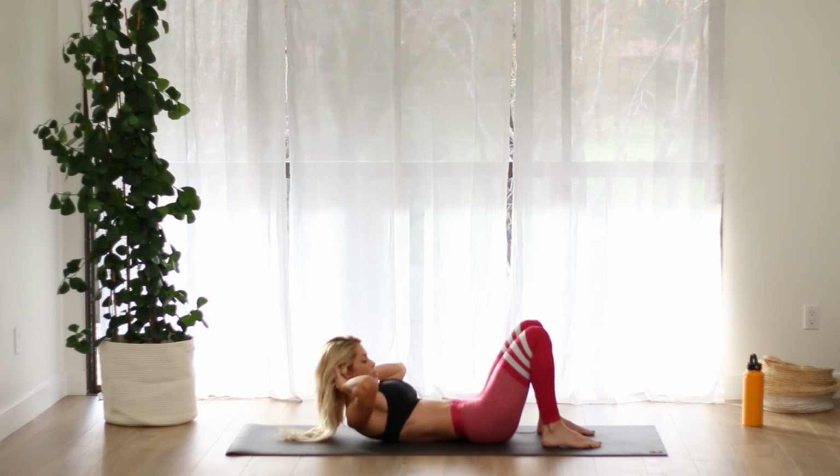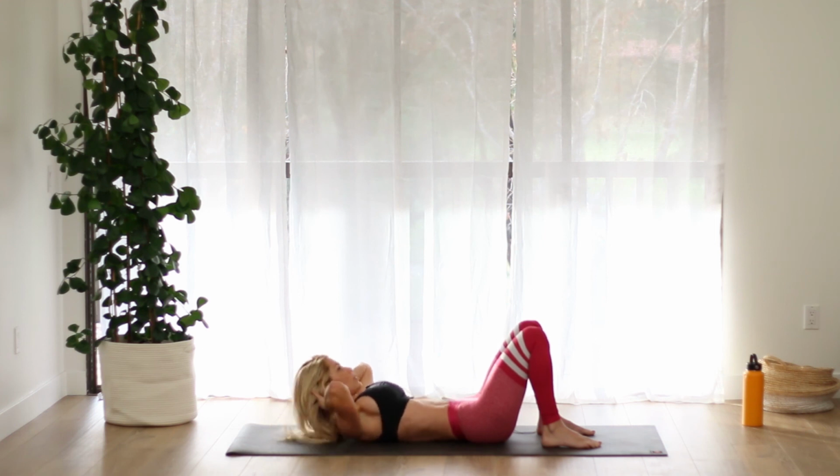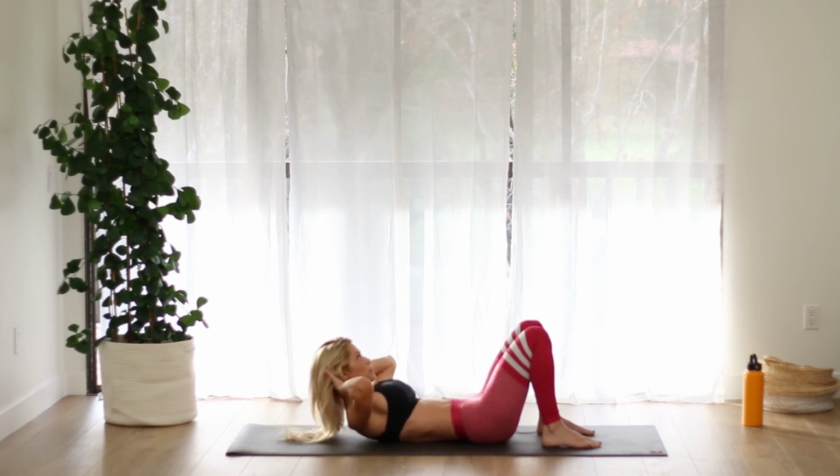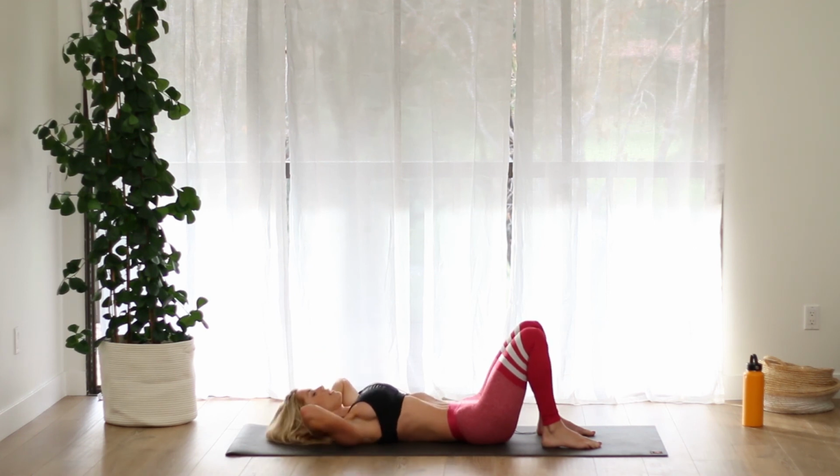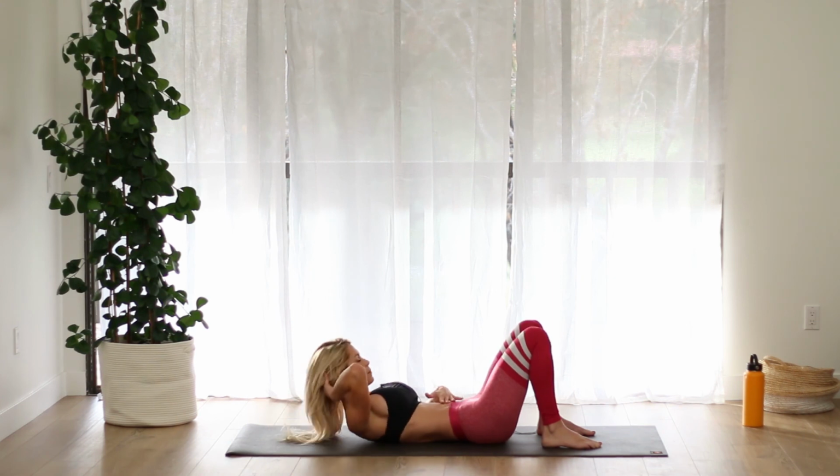I really like to work the core in every direction. So we hit it in all those planks that we did. We did our side planks. We worked our leg lifts, so we've worked the sides of the abs. Now we're just working into some forward flexion. Real simple. So you can concentrate on that idea of pulling your belly button down as you come up. Pull it down,